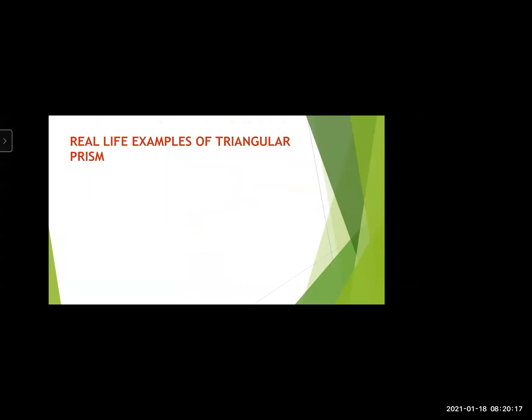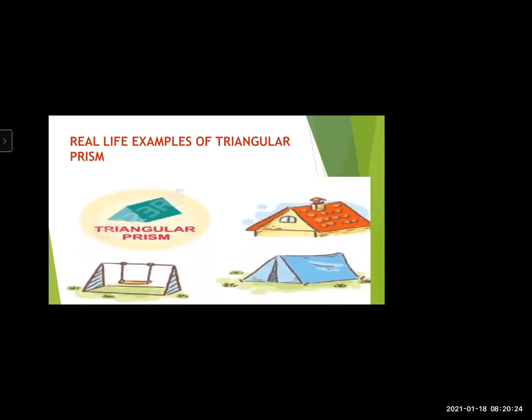Now where can we see real life examples, the objects that look like triangular prism? Here we go. See, swing. You can see here the tent and the roof of the house. Here you can see to both the sides we can see the rectangle and the base they have the triangle. Both the sides they have the equal length triangle. You have to remember one thing that the two bases are always equal and they are parallel.